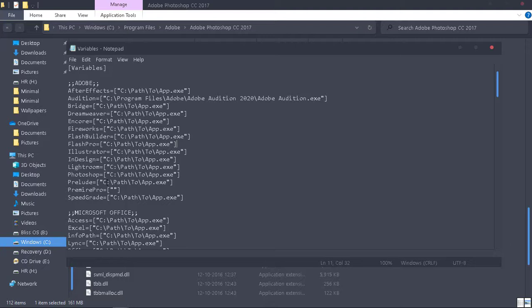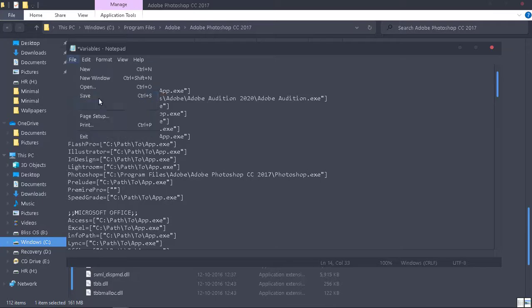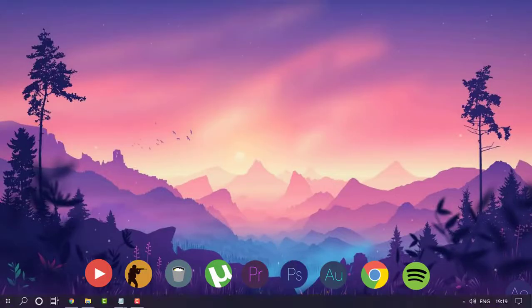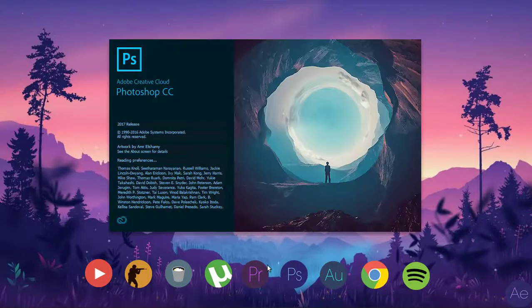So what you're doing is simply configuring the button's actions on what they should do on a single click. So once you're done with setting up all this, you can simply click on the save button. So next time you click on the button, the software should automatically open up. That's cool, right?